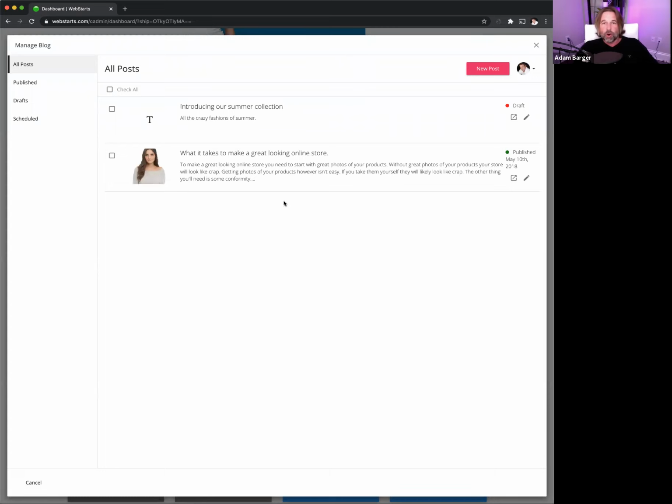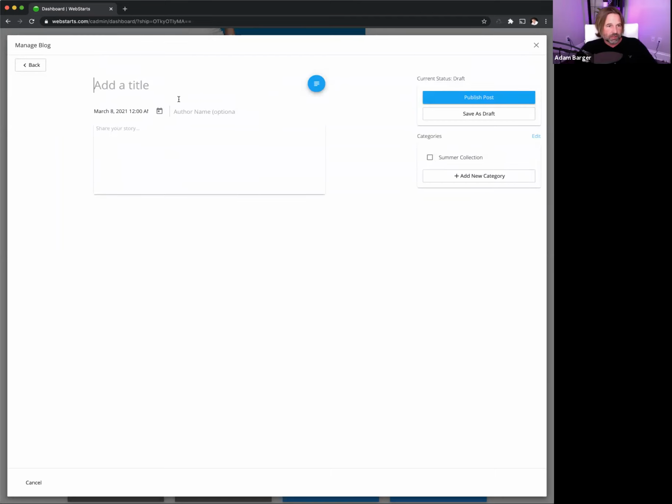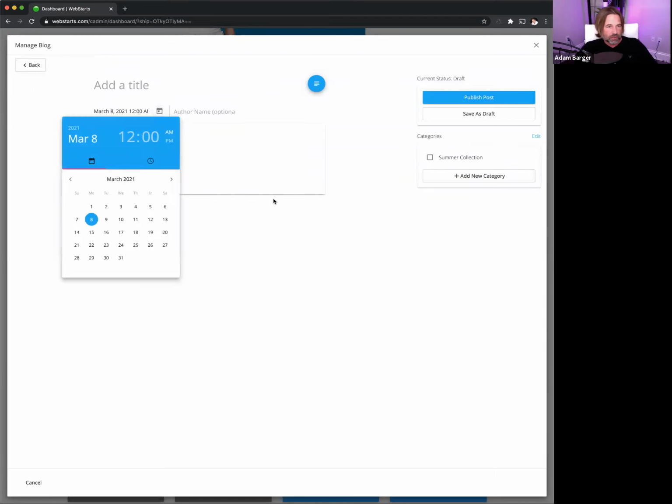Now, it's not going to do all the things that WordPress does, but it's not nearly as complicated as WordPress. So you can do the things that are important very easily and quickly with little complication. And so it does most of the stuff that WordPress can do very easily. Like, for example, you can create a post very easily. You give it a name, you can give it an author, you can schedule a time for that post to